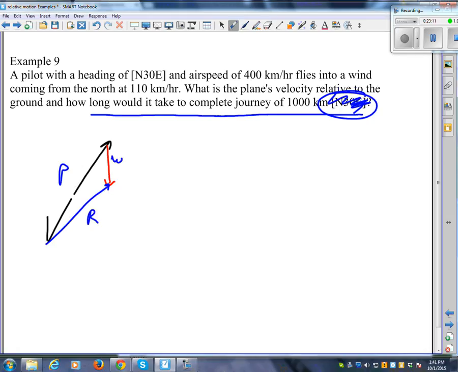textbooks. Okay, so here's an example. We've done vector addition by components. Here's one, an actual word problem. That's the last one we're going to do, I think. There's no example 10, is there? No. Okay, so I'm going to do this, then I'm going to give you some time to work.